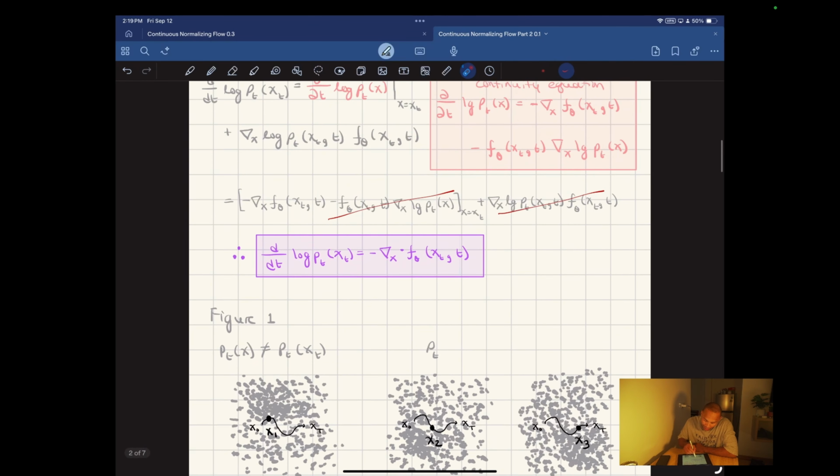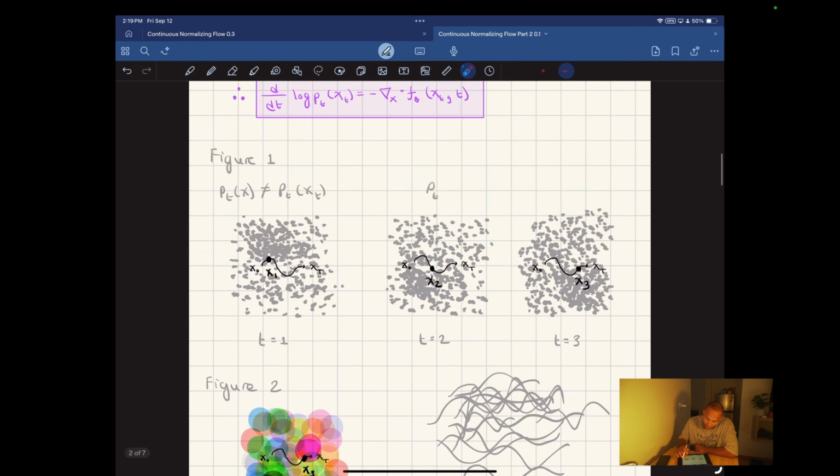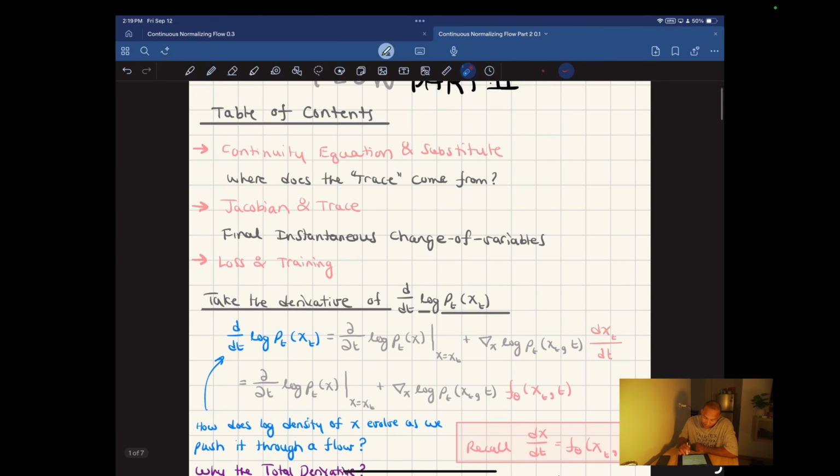So, okay, right. We were talking about how we arrived at this conclusion, and we wanted to explain how the continuity equation simplifies to this, which is what we swap into here. Okay, so how do we get the partial derivative of log density with respect to t? Remember, before we were calculating the total derivative, so we're calculating the entire derivative of log density with respect to